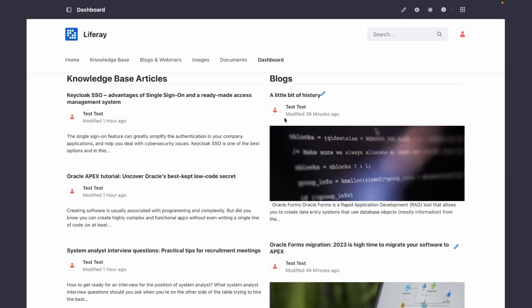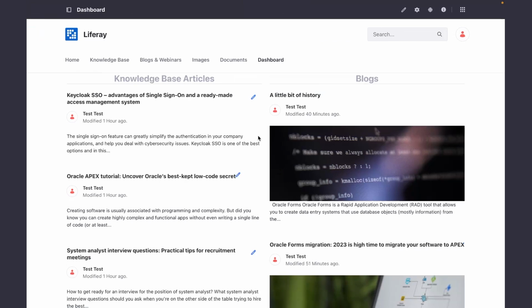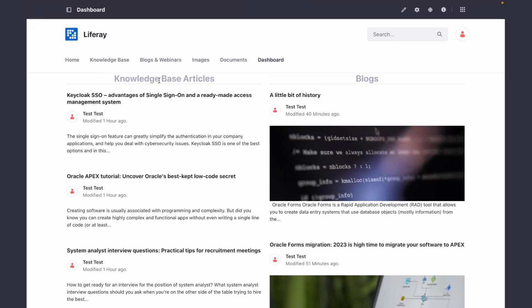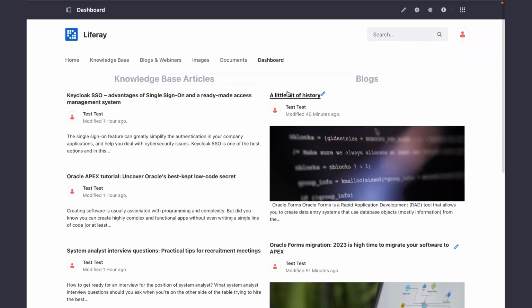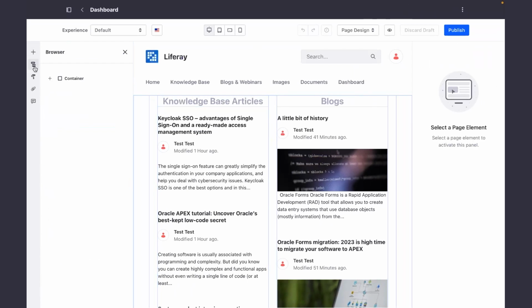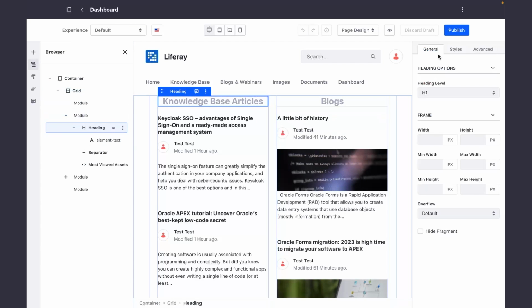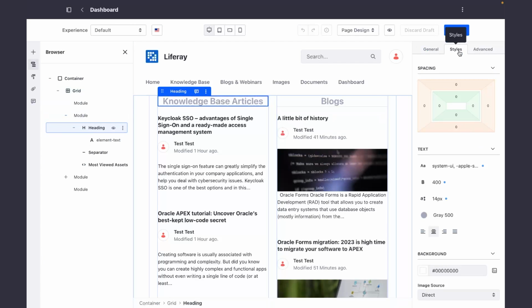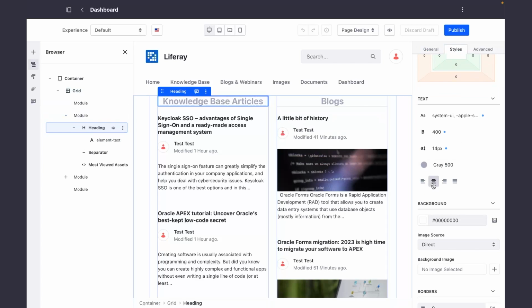I will try to add some more styling to it, and we will see what we can do with it. So I just did a little bit of styling of the text. I centered the headings and changed the color a little for a better look of this site. If you wonder how to do this, you can go to the specified heading, and on the right side you have the styles page where you can change the align and change